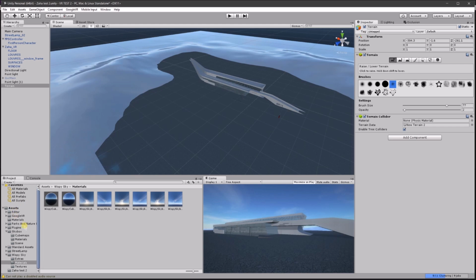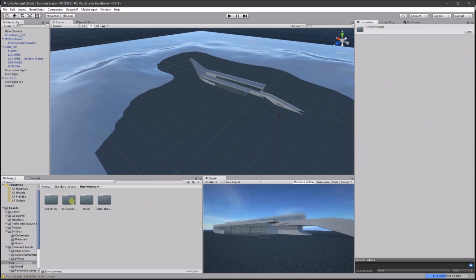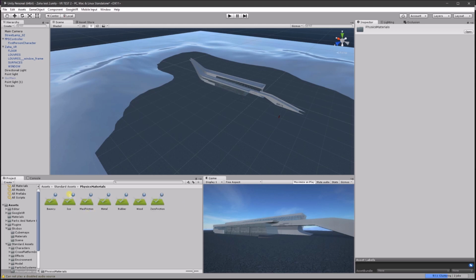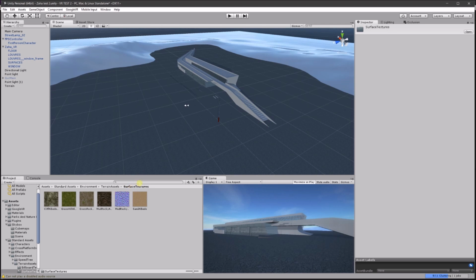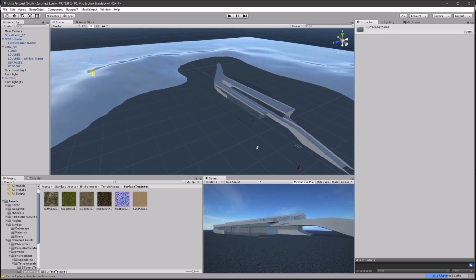So when we installed the standard assets, that also came with some materials, and some ground materials more importantly. I'm just going to have to try and find it. Terrain assets? Yes. So in environment, terrain assets, surface texture, go ahead and select the terrain,